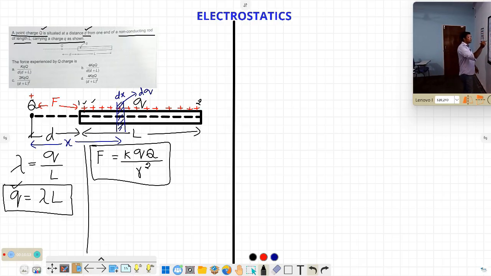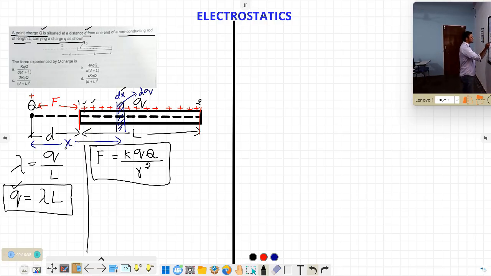I can choose this elementary portion here also. You can say I can choose the elementary portion here at one position. I can choose the elementary portion at the end also. So as the elementary portion position changes, the force of repulsion also changes. That's why it is called the variable concept. That's why what we are doing is, first I have taken the elementary portion at one of the positions, that